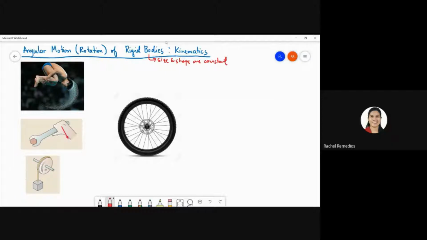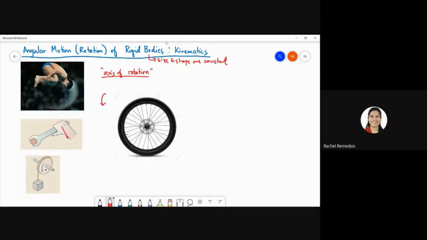And then the second one would be, there's this what we call axis of rotation. So an axis of rotation, okay, is an imaginary line. It's an imaginary line that cuts through the plane where the rotation is going on, and it connects all the centers of rotation of all the particles in the system. So what am I talking about here? Okay. Now, axis of rotation, ito for example, as this wheel rotates,